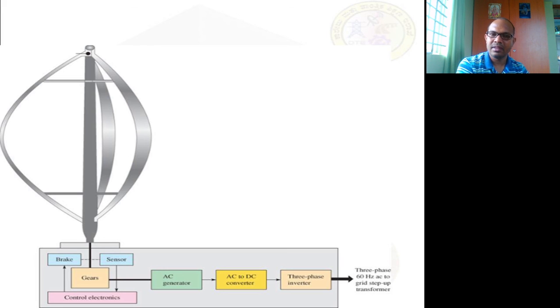When you have three blades like this, if any one blade deforms, certainly it will affect the mechanical balancing of the system, and it will also act severely on the other two blades. So that is the reason why the design of this vertical axis wind turbine is more complicated, but obviously it has its own advantages, that is repairing and maintenance, and its size is also a restriction for this actually. So in the next class we shall discuss the advantages and disadvantages of vertical axis wind turbines compared to the horizontal axis.